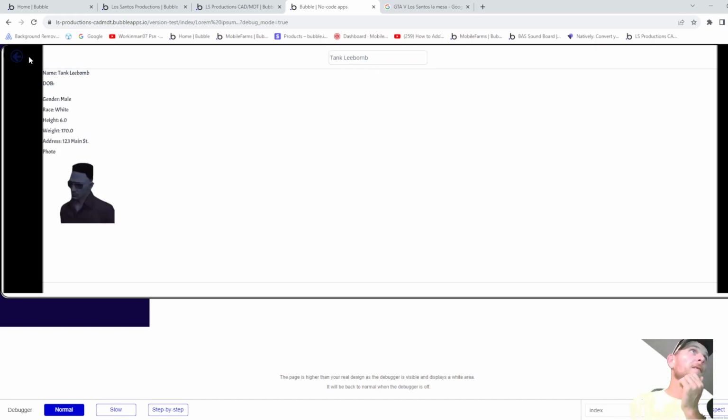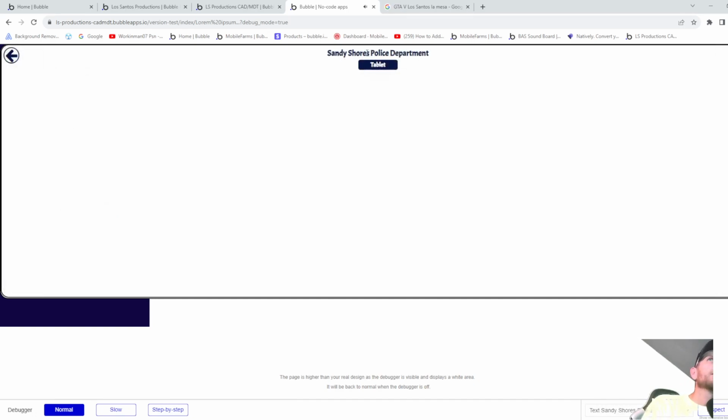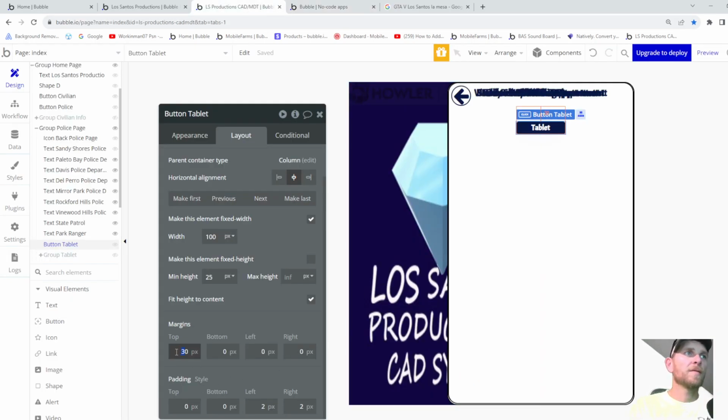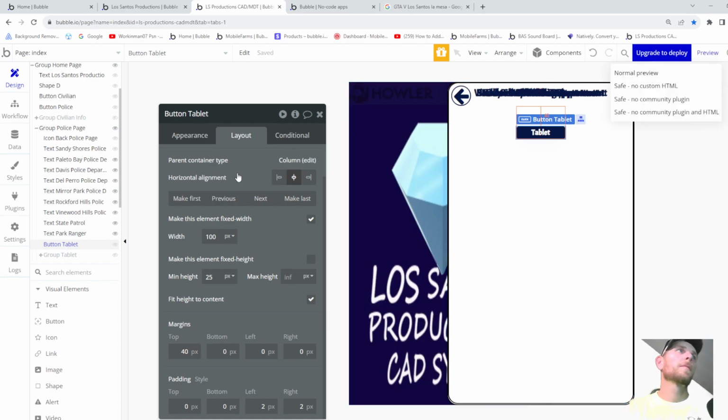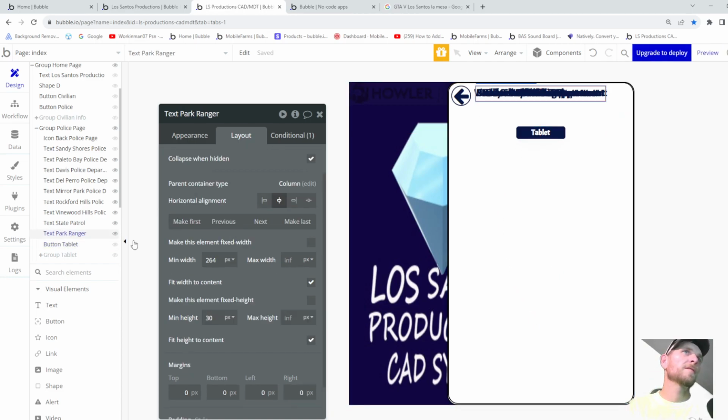But yes, it did fix this somewhat, just by getting that name back here. I think I may just increase this to 40. But the only problem is if this one is turned on,